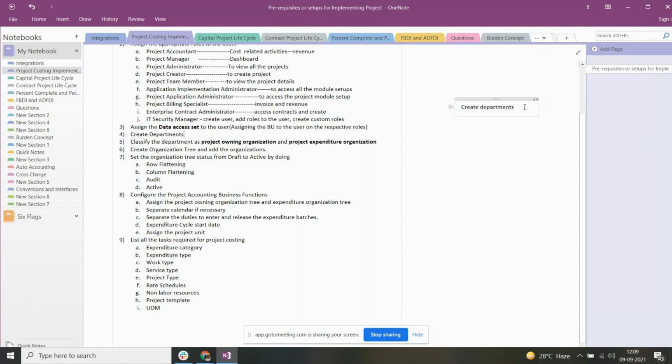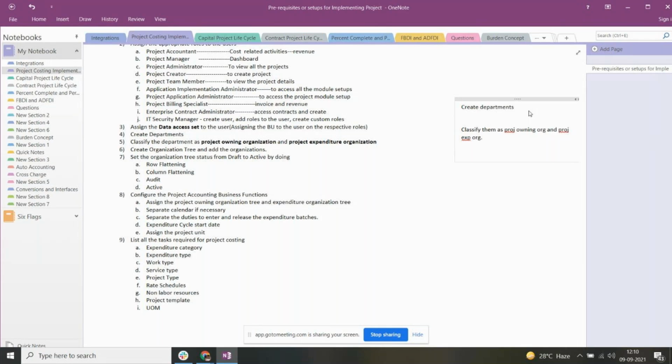Sometimes these departments will be completely created by the HCM team, and if some of the organizations are not covered in this, then we have to create that. Once departments are created, then we will classify them as project owning organization and project expenditure organizations.